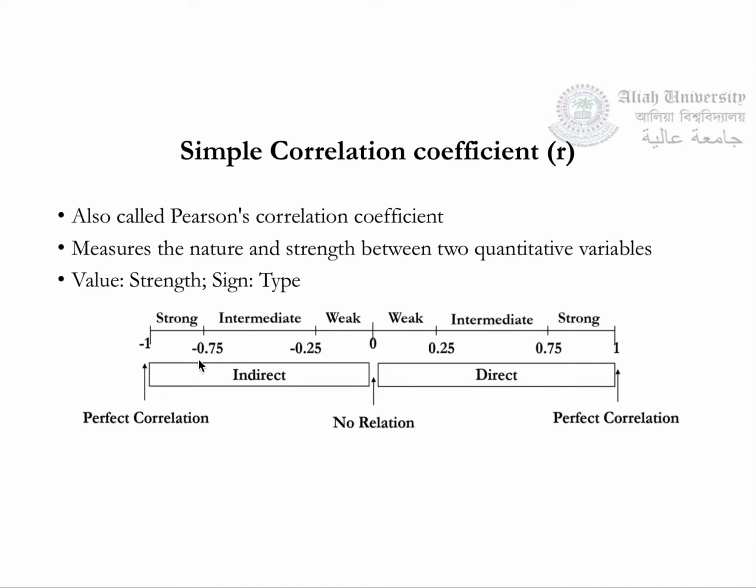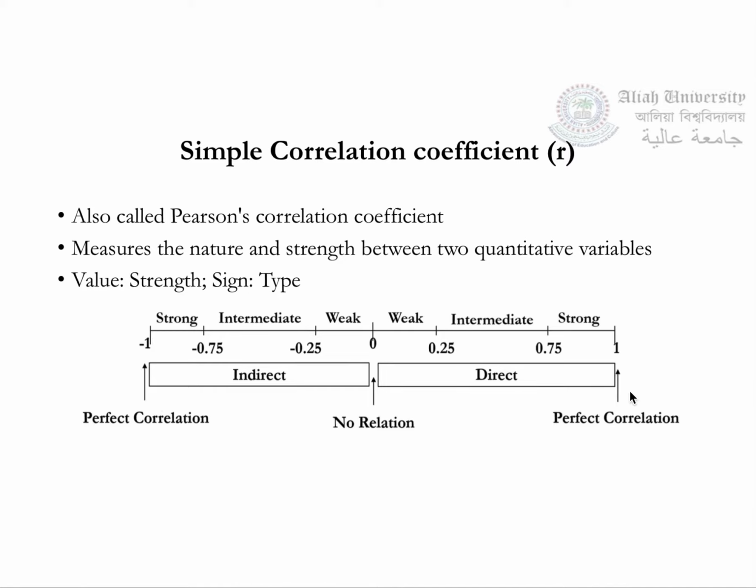Besides that, the value of r exactly, whether it is between 0 to 1, or 0 to -1, indicates whether the correlation is weak or strong. For our practical purposes of discussion, from 0 to plus minus 0.25, we will be taking it as a weak correlation. From 0.25 to 0.75, both plus or minus side, as an intermediate correlation. And from plus minus 0.75 to plus minus 1, that is either this range 0.75 to 1 or minus 0.75 to 1, we'll be taking it as a strong correlation.